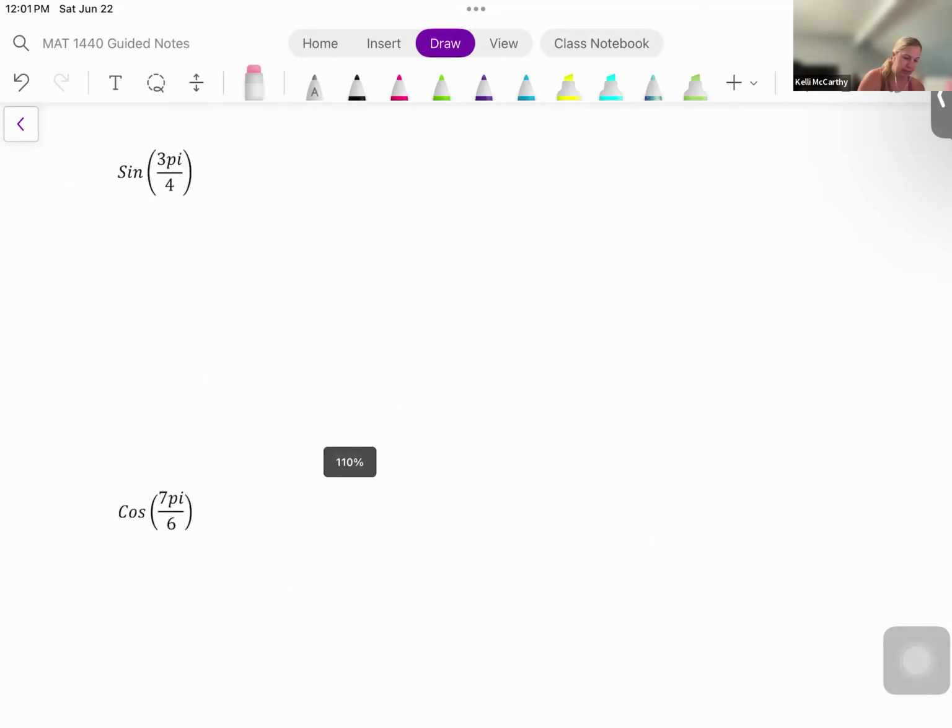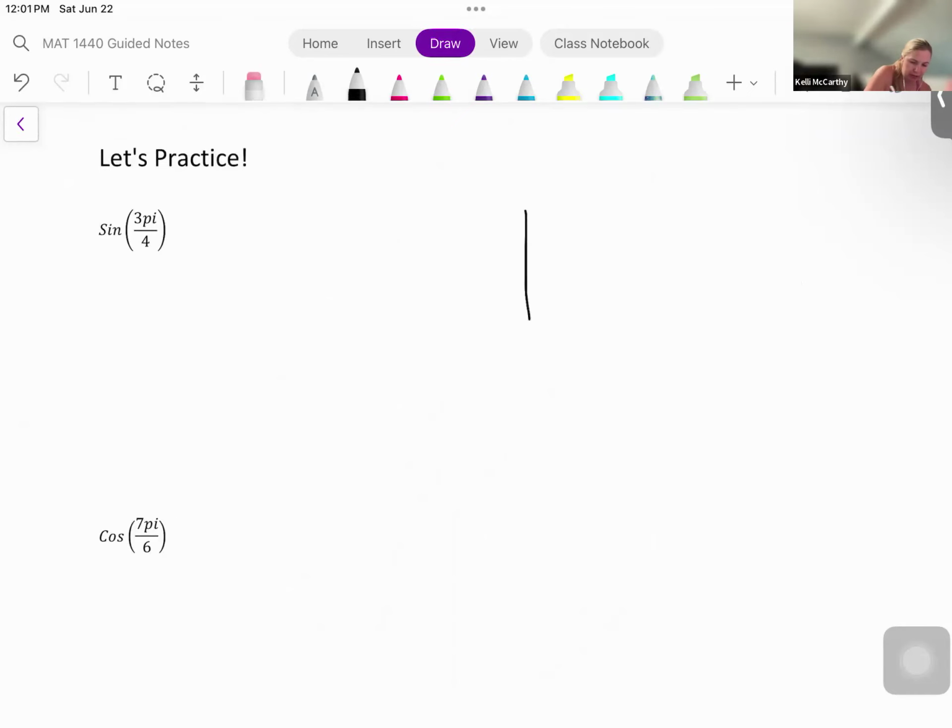We want to find sine of 3 pi over 4. So to do this, I'm going to just set up a quadrant, an XY axis. I'm not going to set up a circle because there's no point in me trying to draw out a circle. It's going to be awful. But I need to go 3 pi over 4 units. So thinking about this, I know that here's 1 pi over 4. Here's 2 pi over 4. Here's 3 pi over 4. So my angle,